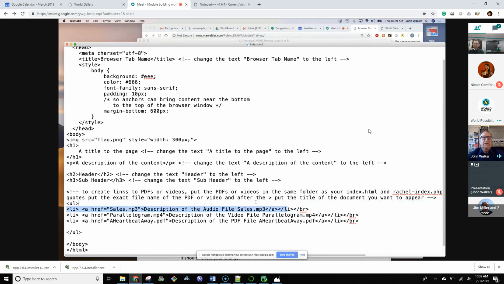Yes. And I skipped over, remember this is an anchor. I skipped over that. Notice that it refers to an MP3 file whose name is sales.mp3. Okay? So in this case, this sales.mp3 file is in the same folder as your HTML file. Okay. Now, let's say that, and this is actually one of the extra